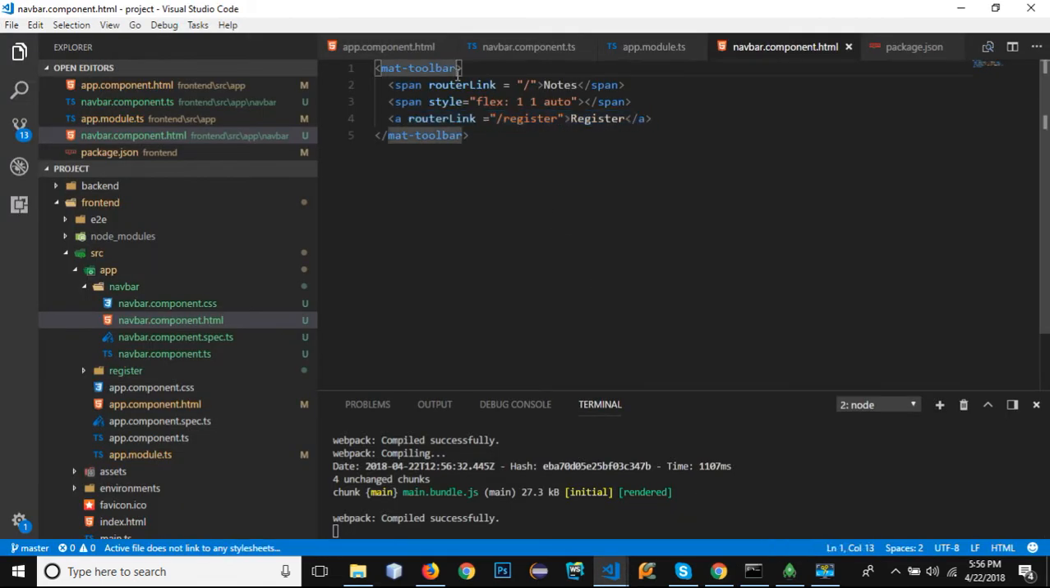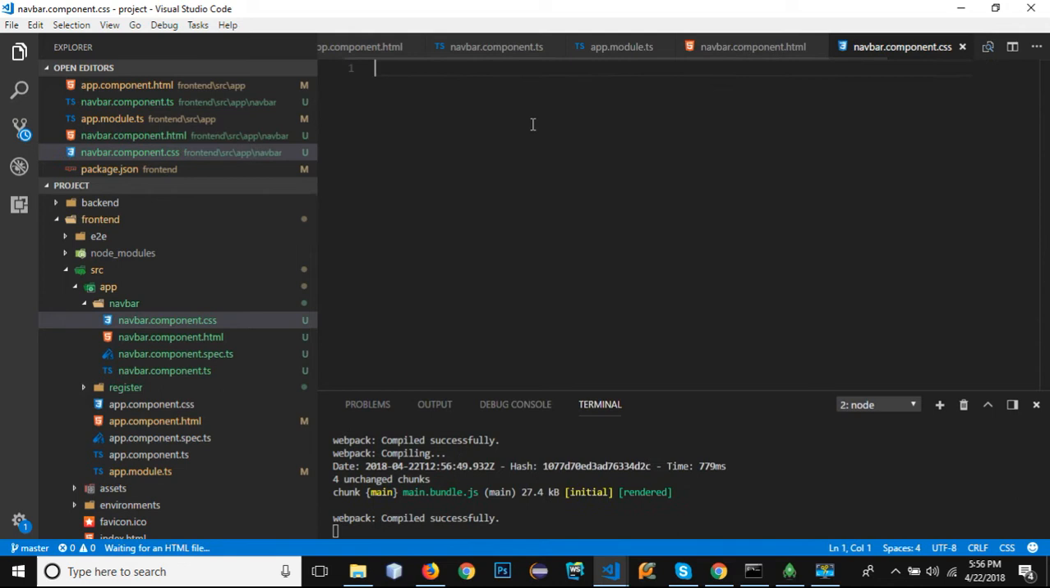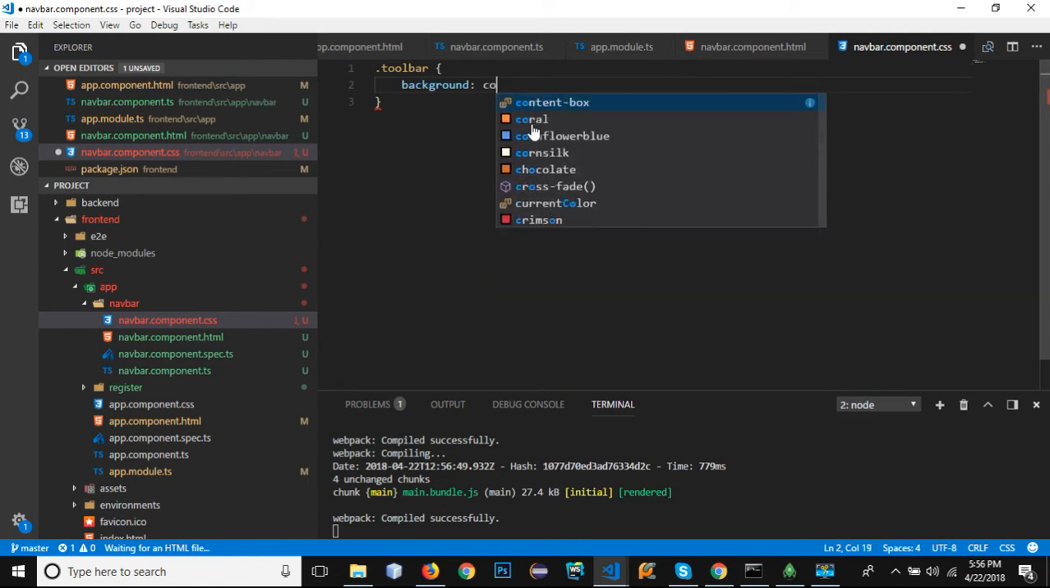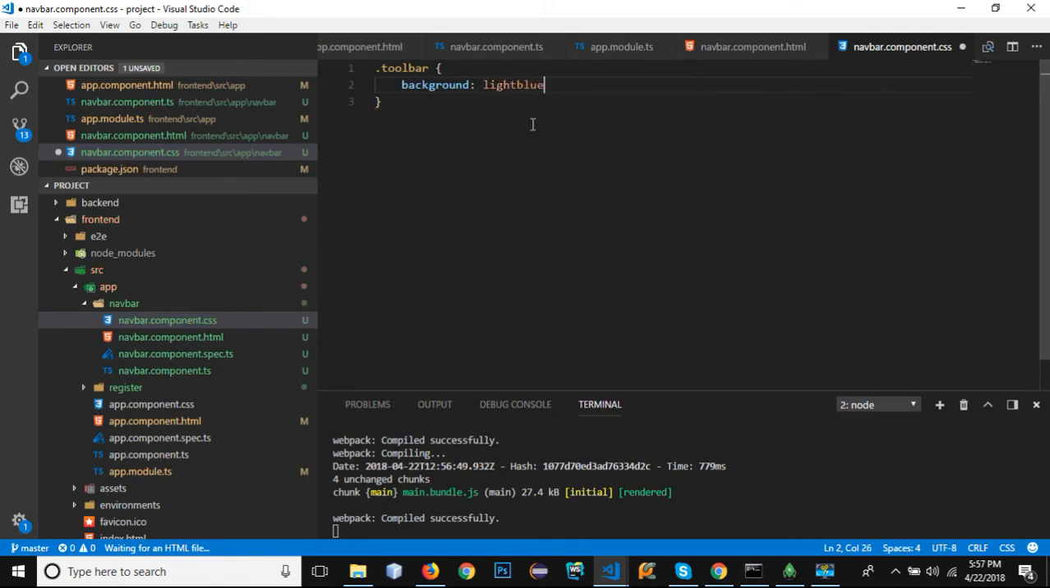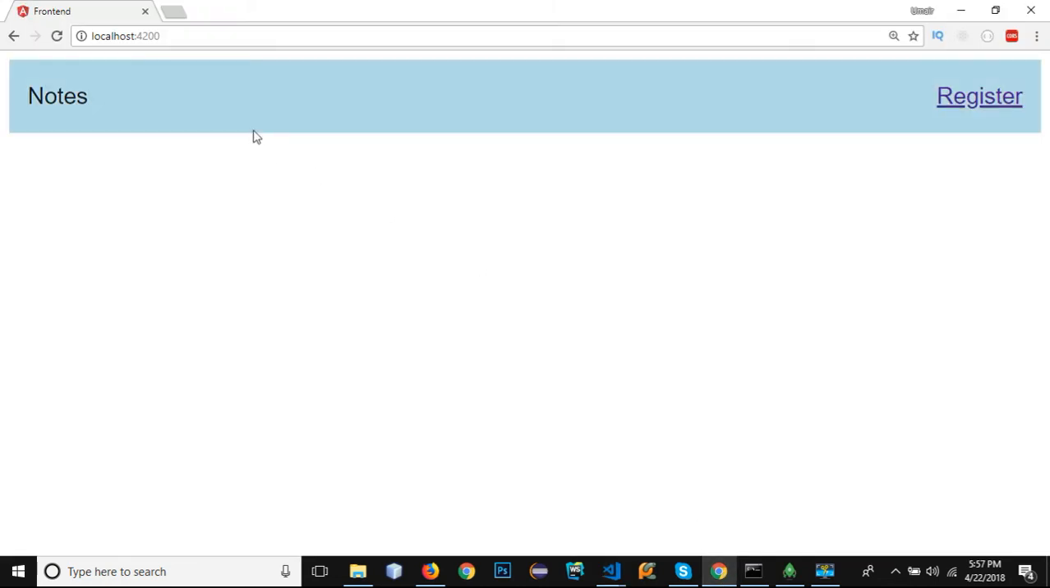Now let's give it a class. Class equals toolbar. Let's open up the CSS file of this navbar and toolbar background, and change it to a light blue color. Okay, so let's go to our browser and you will see that it has the nodes and it has this